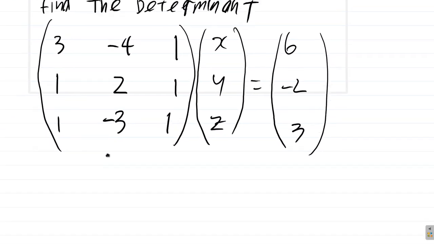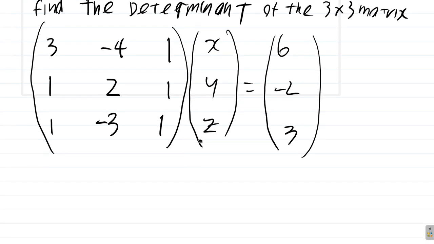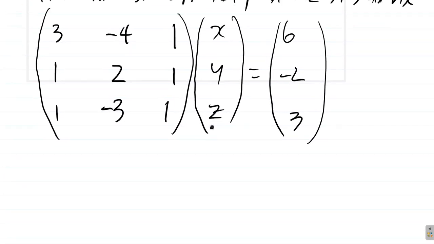Now, we're going to find the determinant of the 3 by 3 matrix. We have a 3 by 3 matrix here. We find the determinant of it. Now, when you find the determinant, you can work across any row or down any column you want. I have a habit of just working across row 1. So let me just do that. First of all,